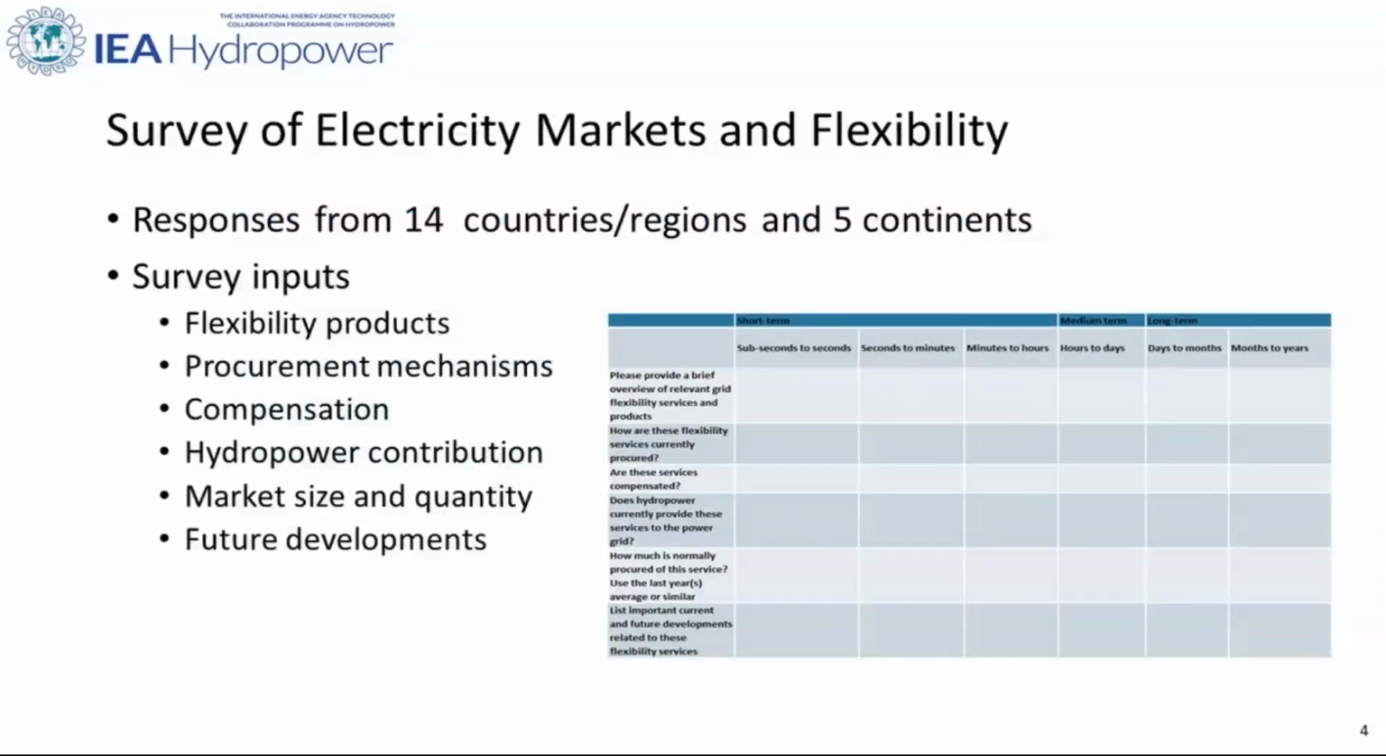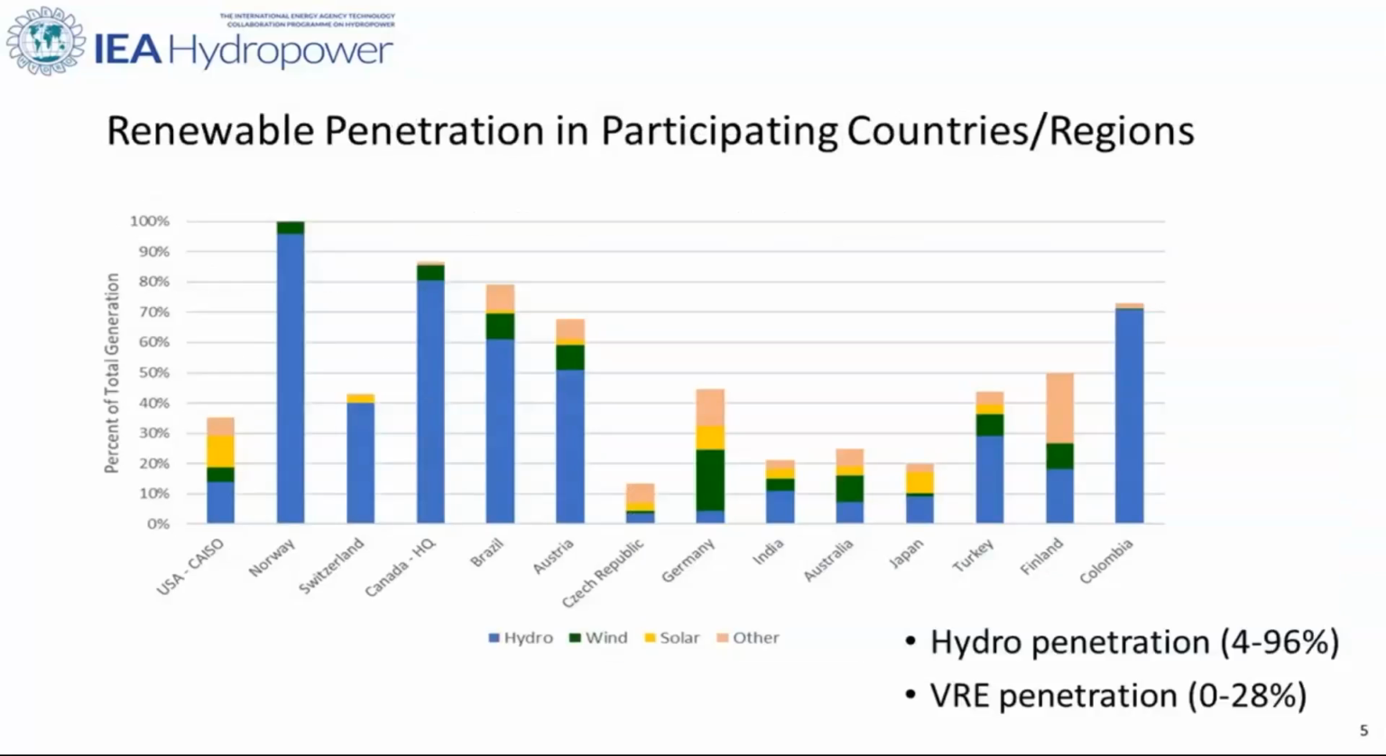So we were happy to receive responses from as many as 14 different countries and regions around the world. I'll show you a few of the results that we are compiling in the current report that we are finalizing. This shows the 14 different countries or regions, and as you can see, it's a variety in terms of